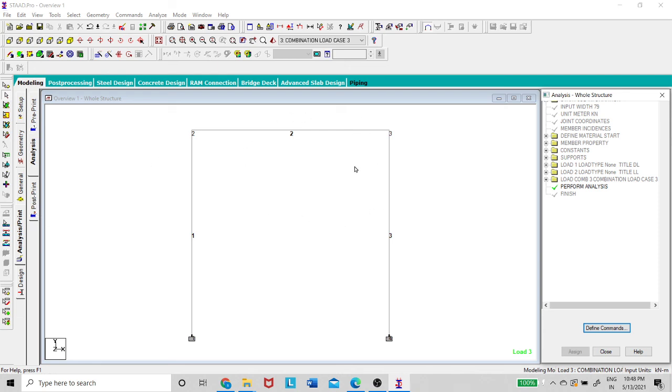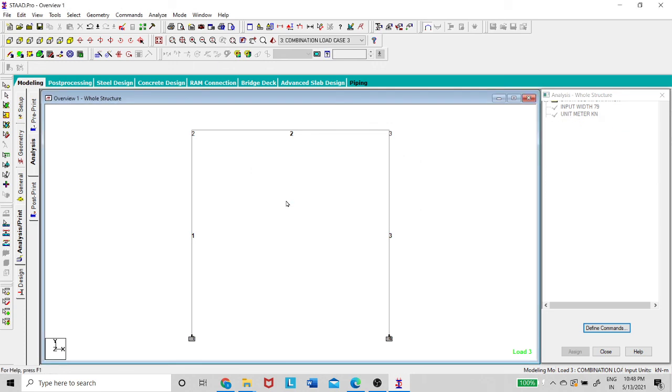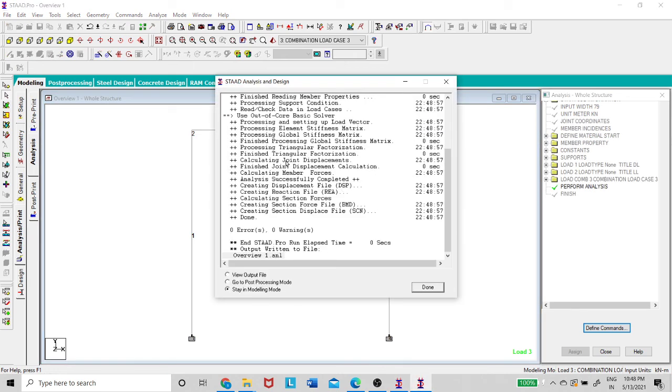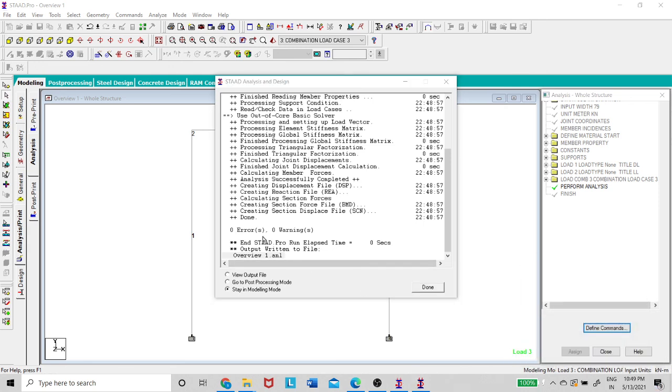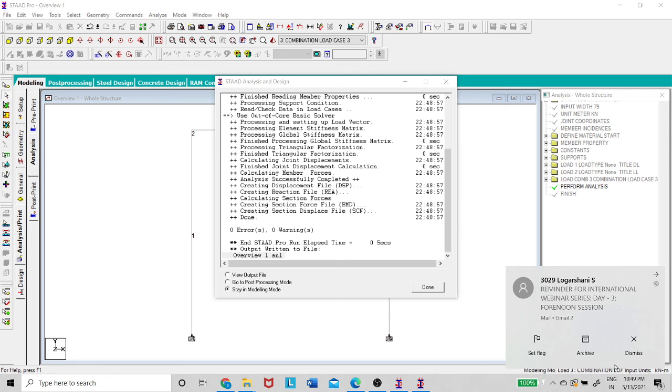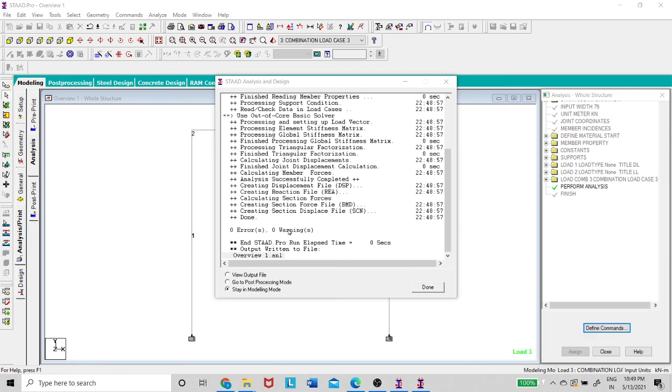Now once the analysis command is given, go to analyze here, then run analysis, and save. Once the analysis is done, you can see another window popped out with 0 errors and 0 warnings.